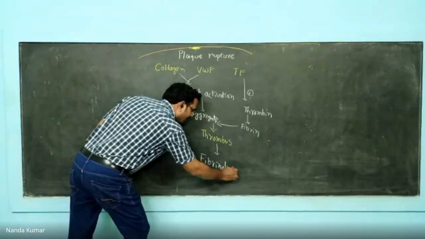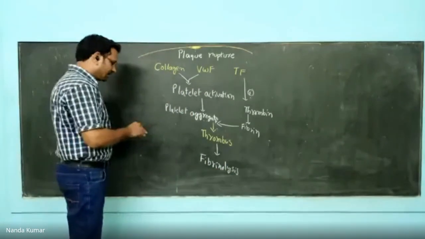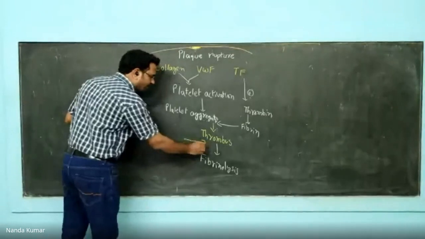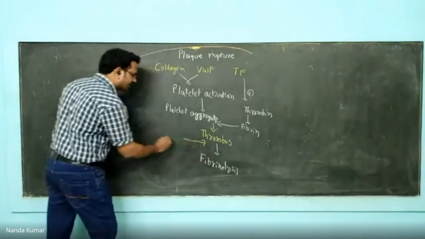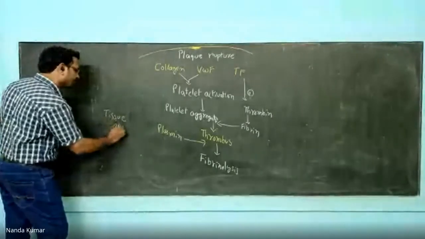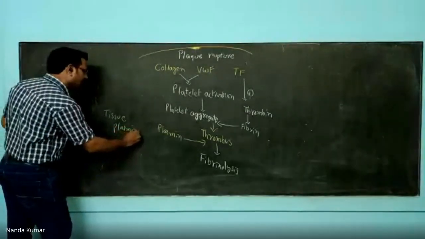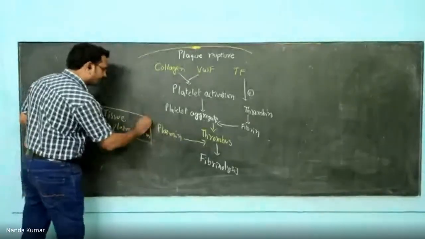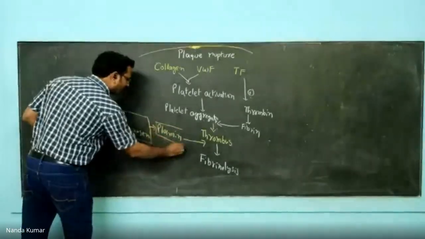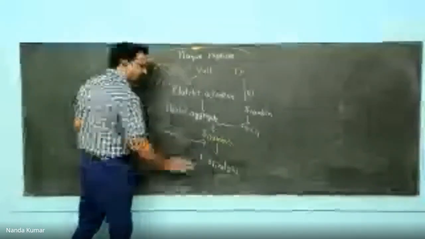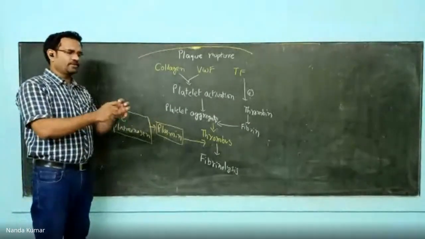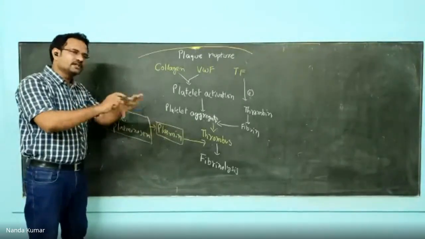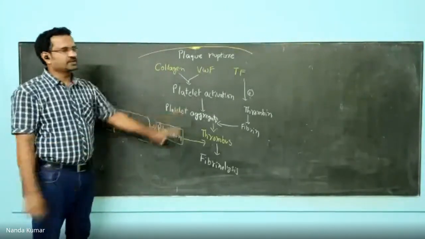Fibrinolysis means breakdown of fibrin. Now this occurs in the presence of plasmin. Now from where is plasmin released? It is released from tissue plasminogen. So tissue plasminogen is activated and it releases plasmin, and plasmin will cause fibrinolysis. Fibrin breakdown is there. So the thrombus clot will be removed because the blood vessel is healed, everything will become normal. So this is the normal process.